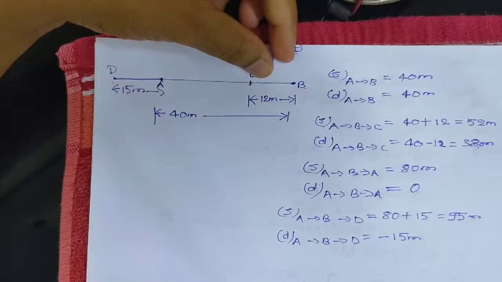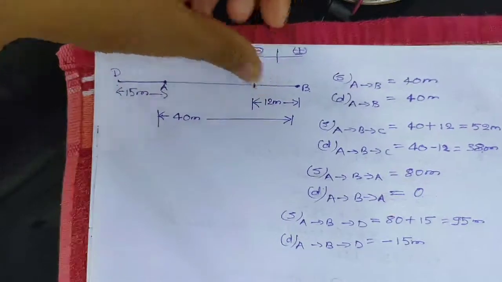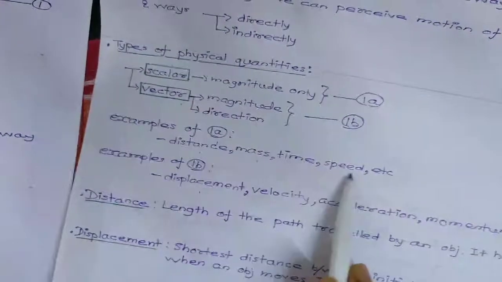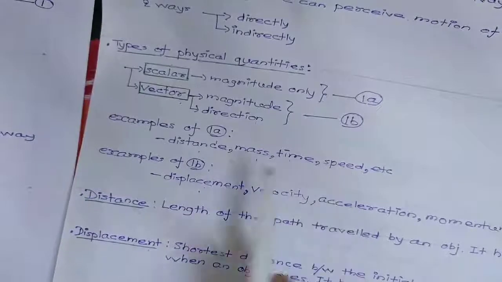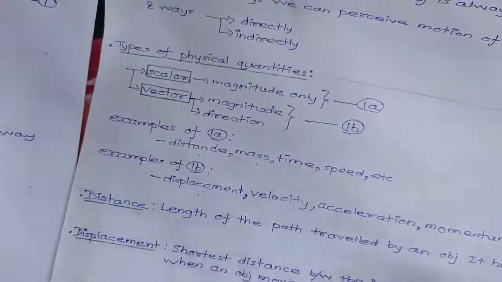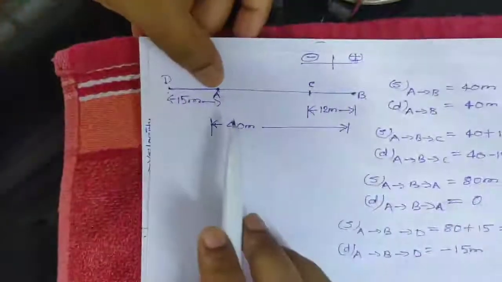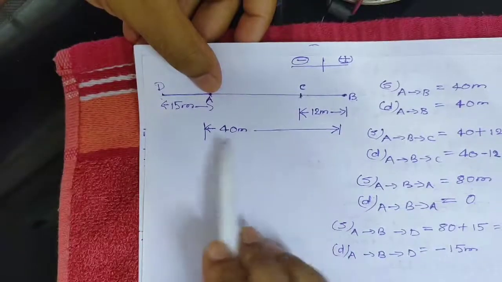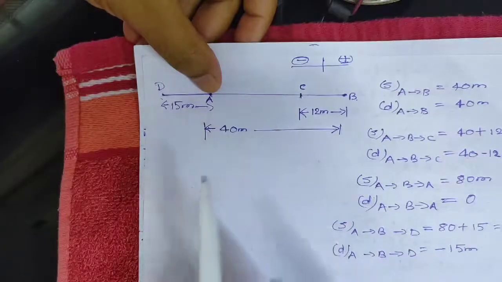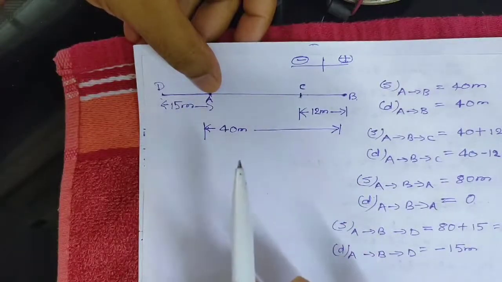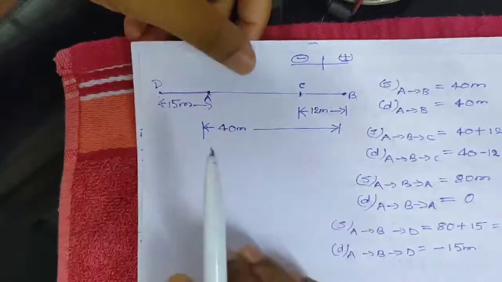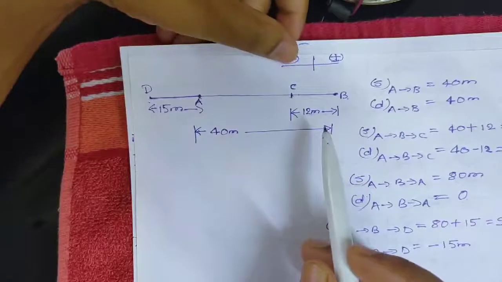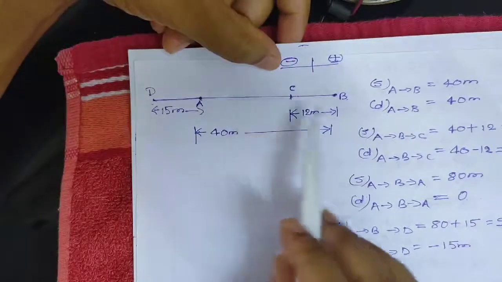So the next concept which I am going to talk about is speed and velocity. See, here it is written, speed and velocity. Speed is a scalar quantity and velocity is a vector quantity. I will try to explain it to you. Okay, suppose you have covered 40 meter. Is it possible for you to cover this 40 meter distance in 0 time or in no time? Of course not. It is a strict violation of everything in the universe. Okay? So you must spend some time to cover a certain distance, right?